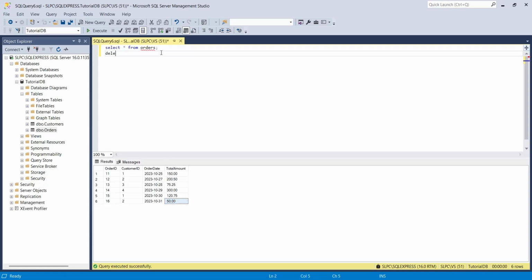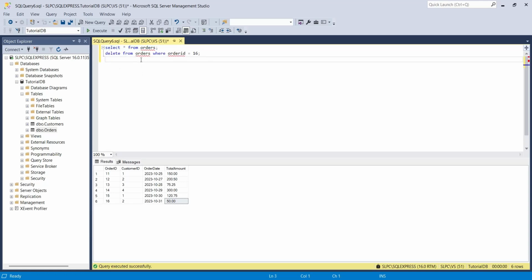So let's delete this row: delete from orders where order ID is equal to 16,